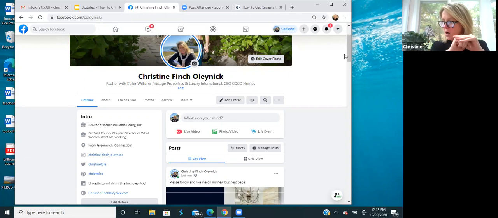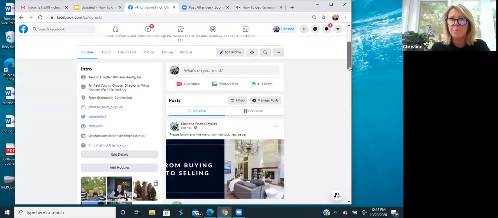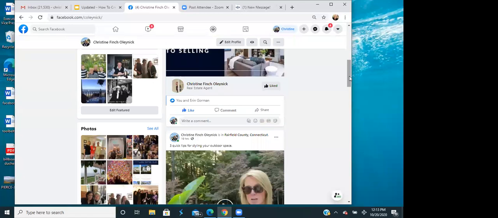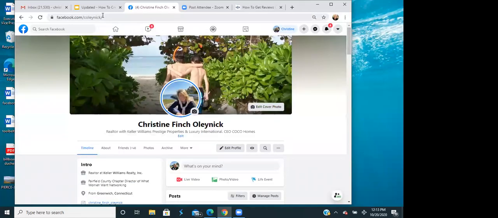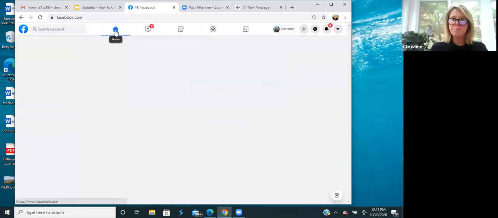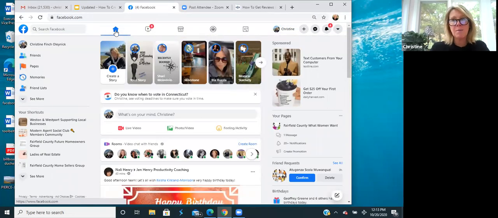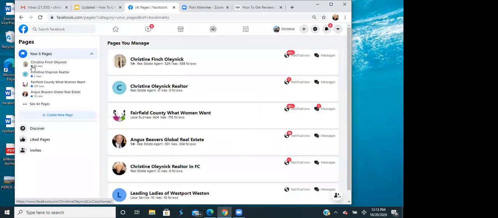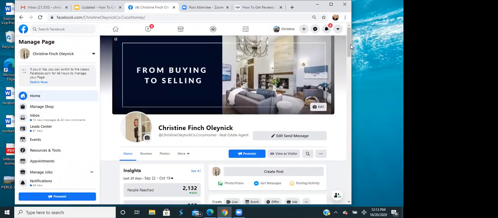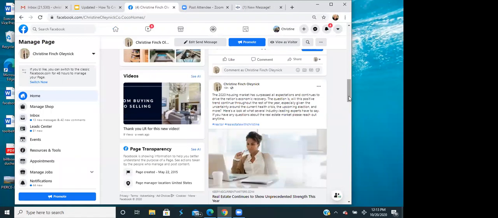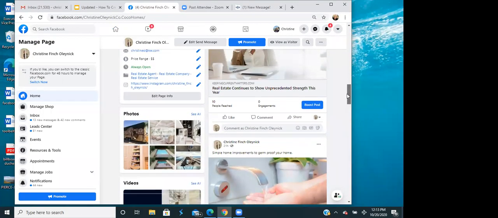And then also after the call, I'll Google likes versus followers and the difference in how to grow both of them, or if they're even important anymore, which I'm sure they are, but which is more important and how you grow them. So you can just post any kind of information on your business page. Absolutely. You want it to be businessy. If you have any open house, then you can post your open houses. But if you don't have anything, you can just keep posting some new information.